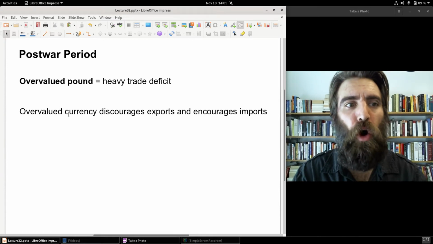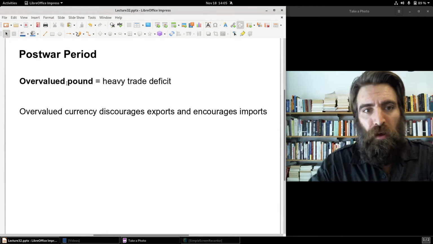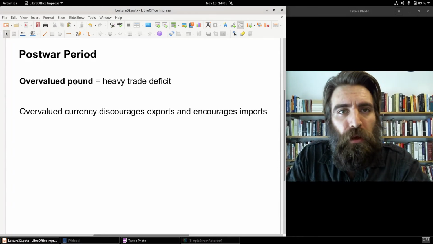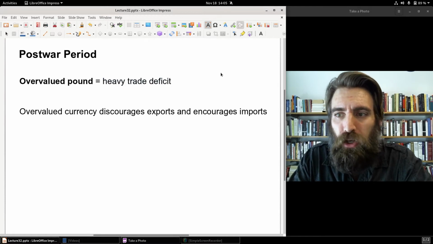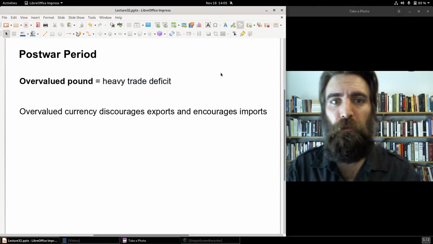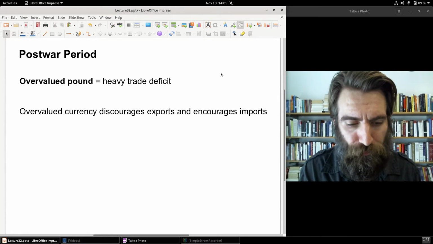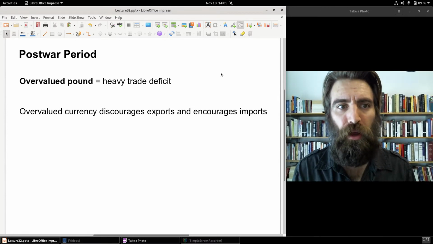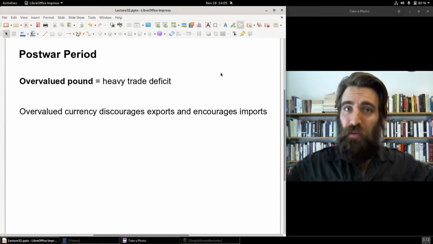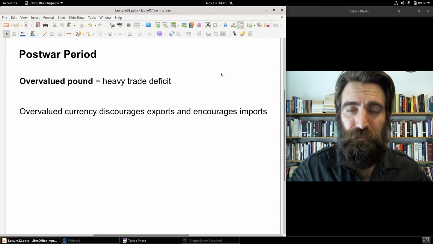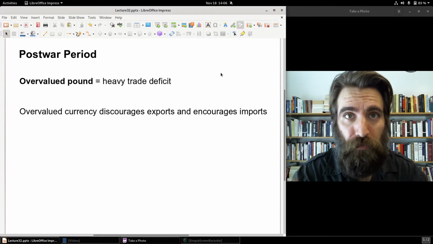And that latter point I made about the dollar being undervalued in Britain as well as gold being undervalued, one feature of overvaluing your currency: when you overvalue your currency, it ends up creating major trade deficits. Trade deficits. Why is this? Well, if the Brits overvalue their pound, what that means is if you live outside of the United Kingdom and you have gold or dollars, both of which are undervalued in Britain,